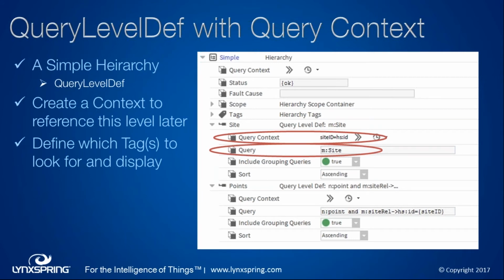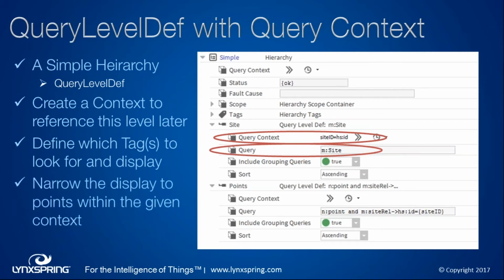So my first piece up here is my query level def with that site ID that I created, and my query is going to be my custom tag of site that I defined earlier and tagged on those items. If I want to see the points within that, I also have to have my query level def telling me, okay, you've got your sites, which are my folders. Now I want to query the points within those, which is why I have that :point.